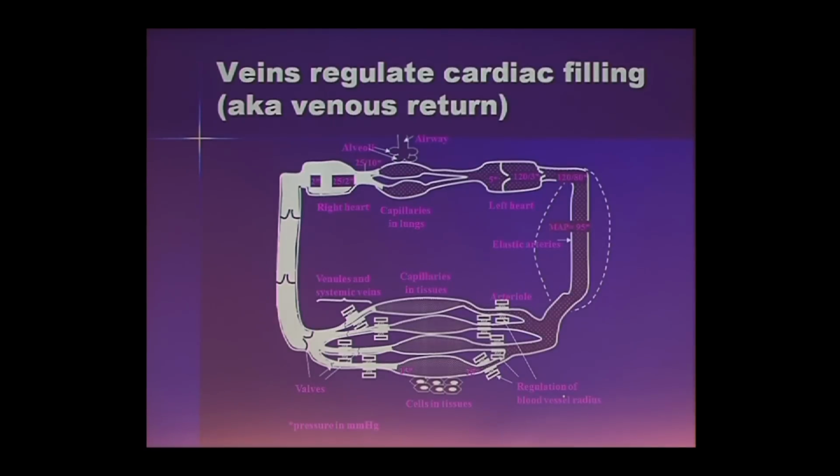And it turns out that up to a certain level, the heart is going to pump whatever you bring to it. This is called Frank-Starling's law. Essentially, the heart stretches more, pumps more. So the sympathetic nervous system can increase venous return, which is going to then increase what your heart pumps. So if I were to show you what would happen here, I squeeze veins here, and this increases blood delivery to the heart.